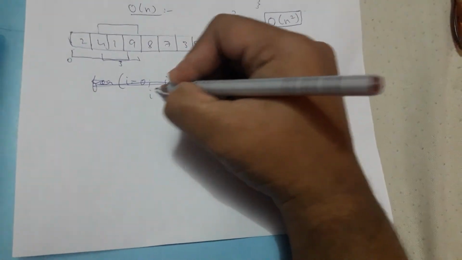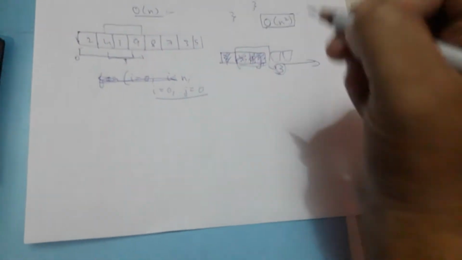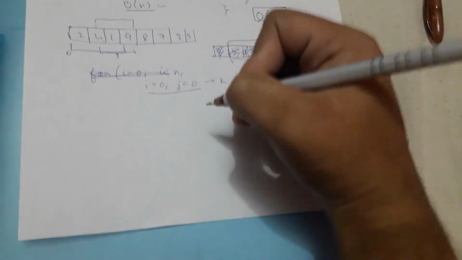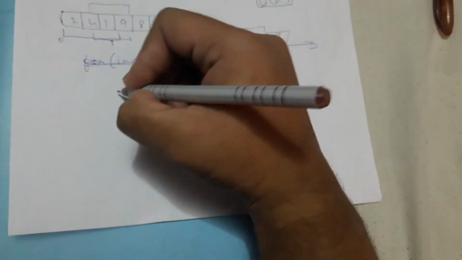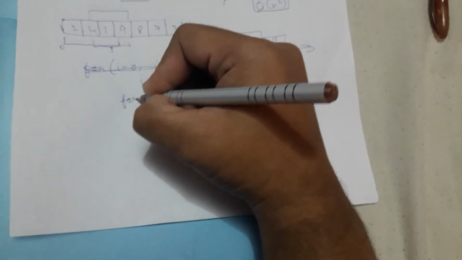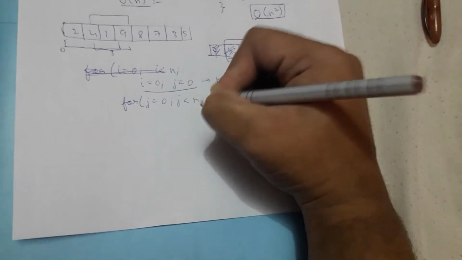This logic incorporates two more variables. Let i equal 0 and j equal 0. We take two variables. We will iterate j inside the loop and we will take it up to k. Once j reaches k, we'll evaluate an else condition. So it will be more clear when I write the for loop. So I will iterate a for loop from j equal to 0, j less than n, j plus plus.